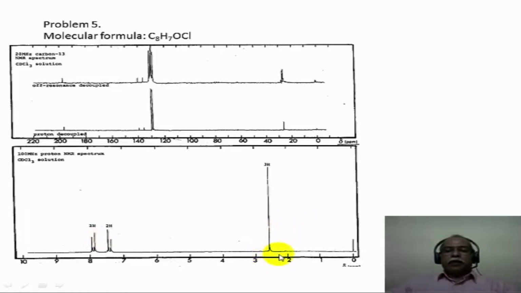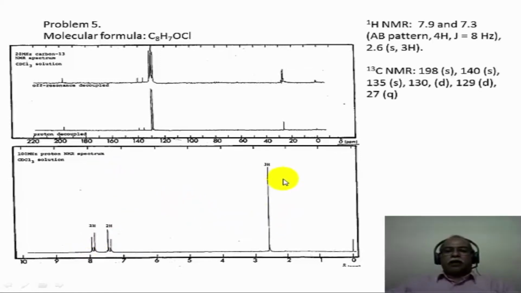Now then you come to the aliphatic region around 2.5 ppm. There is a singlet of 3 hydrogen intensity. This 3 hydrogen intensity corresponds to a methyl group. The methyl group is either directly attached to the aromatic ring or it is attached to a carbonyl group and then attached to the aromatic ring. Now this is a disubstituted derivative. So from the molecular formula one can assume that the chlorine is one of the substituents that is present in the aromatic ring of this structure.